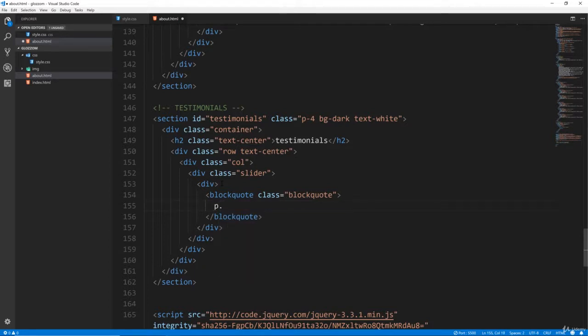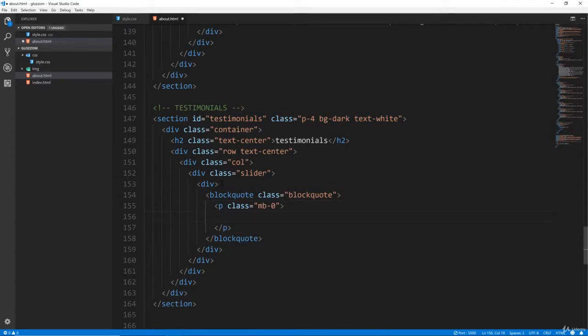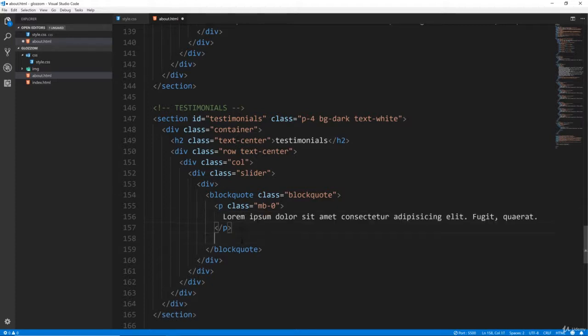I'm going to give it a class of MB-0 for no padding on the bottom, and then let's just do lorem 10. Oops, lorem 10. And underneath that, the paragraph, let's put a footer, and let's give it a class of blockquote-footer,